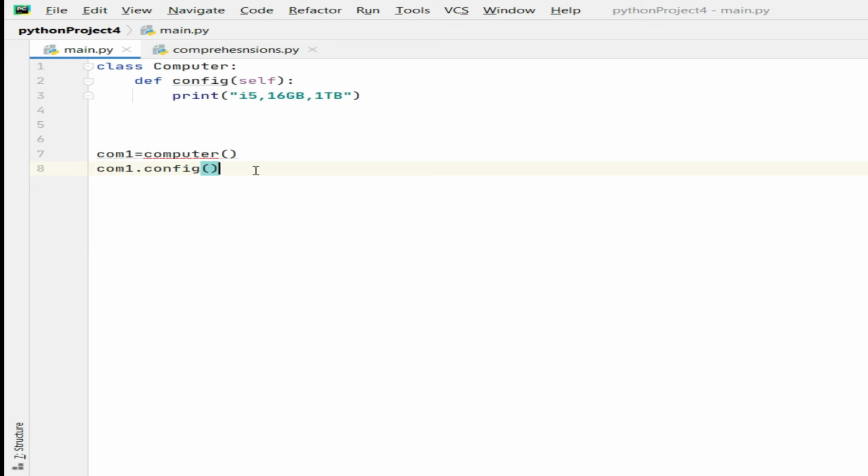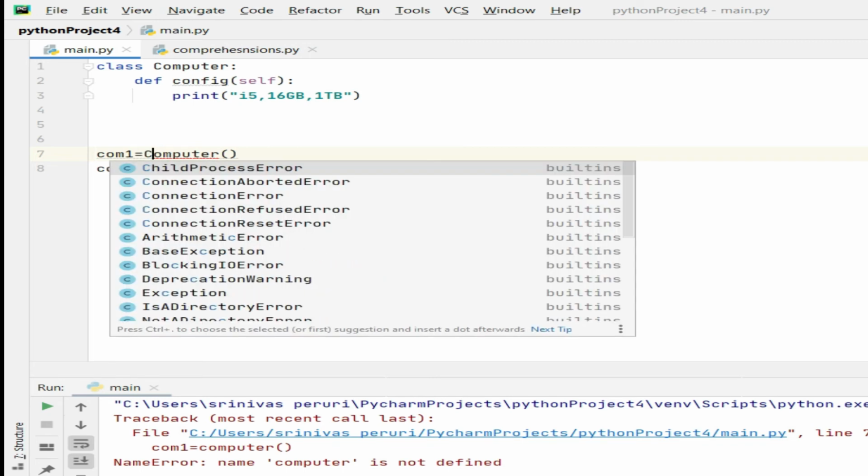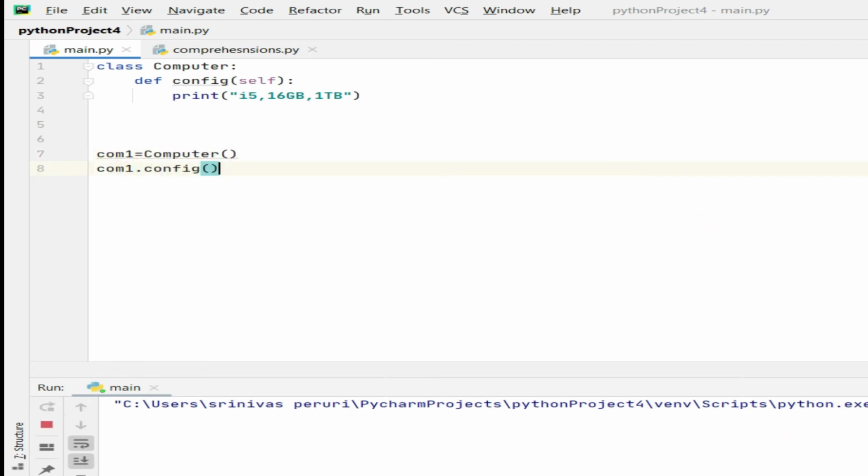Let's run this program. Something is wrong, because here I mentioned the class name with a capital C, that's why it is getting an error. If I change that and run this code, I will be able to get the output.